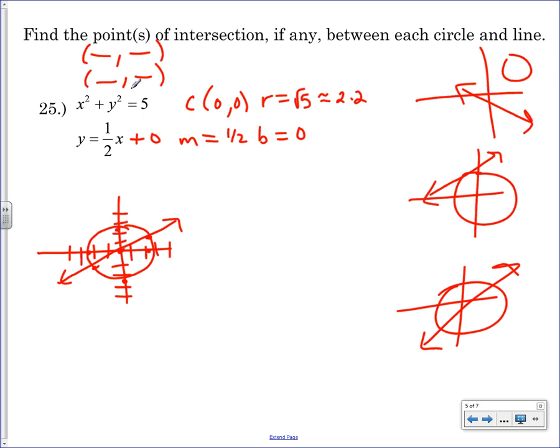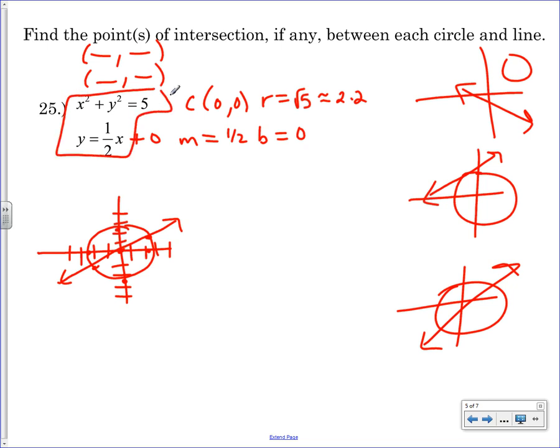I can look at that and kind of guess where they're crossing, but that's not a good way to do it, because remember that wasn't really 2.2 and I'm kind of sketching it. So you don't want to look at that and write the answer down, but you do want to look at that and make sure your answer makes sense. Okay? So if you go back here,